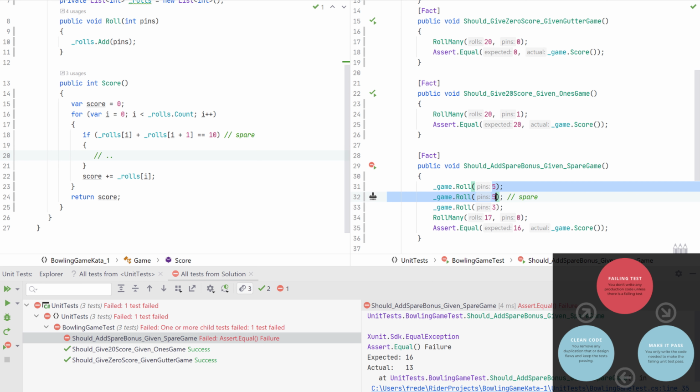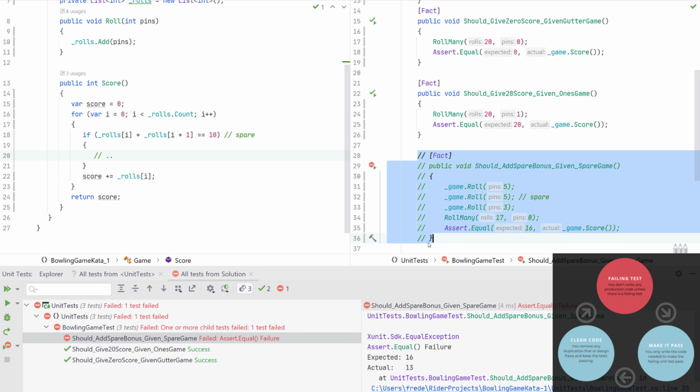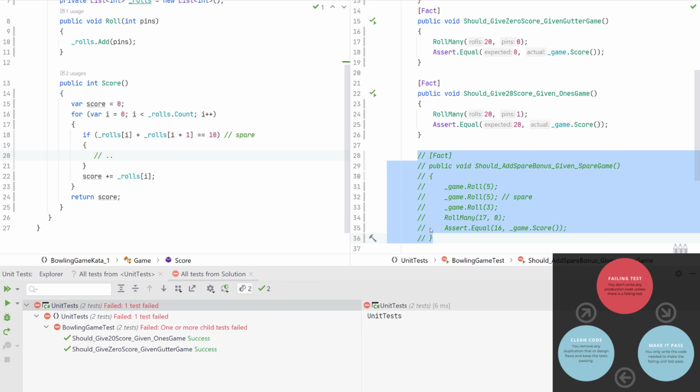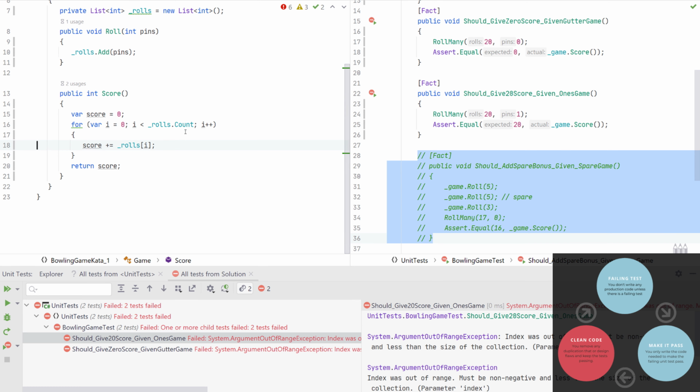They will give 10. And that should be a spare. But it has to be two rolls in the same frame. It cannot just be two consecutive rolls, because if they are separated across frames, then it's not a spare. So again, we have a design flaw. So again, I'm going to remove this test, and we're again going to go one step back to make sure that we fix our design issue.